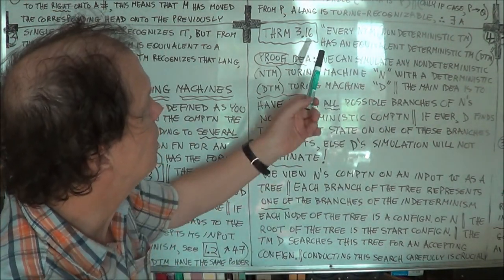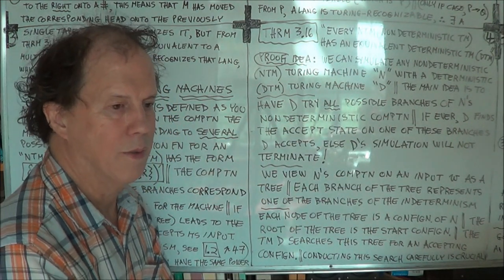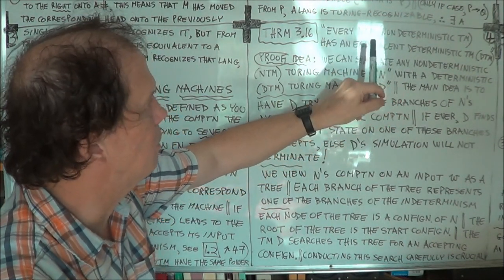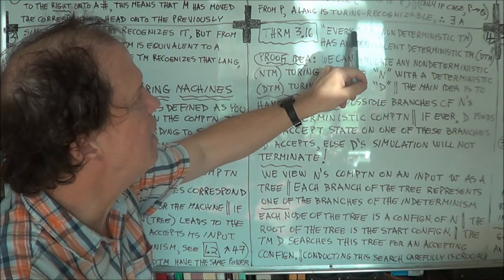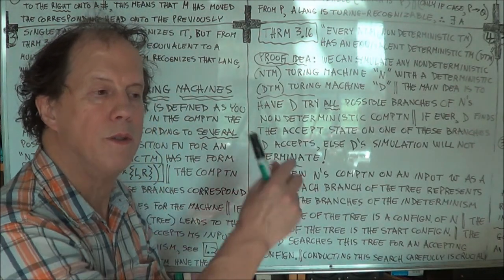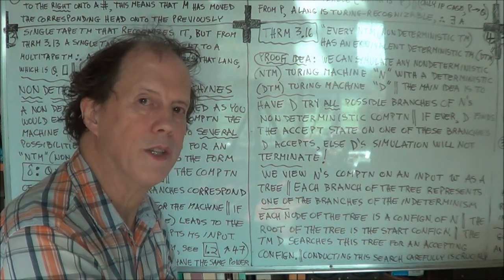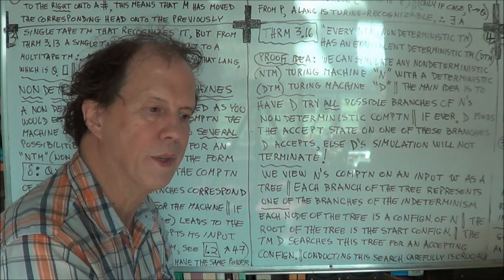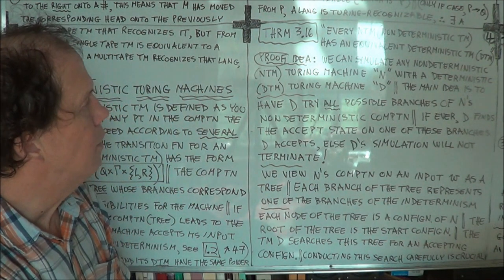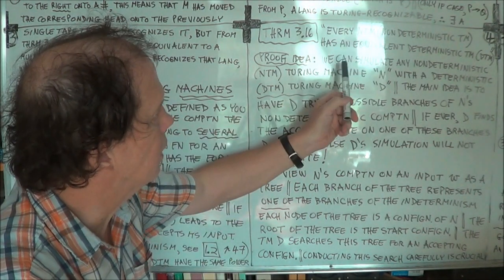It's effectively saying that NTMs and DTMs are equivalent. More precisely, every NTM has an equivalent DTM. You're given an NTM, and you can find an equivalent DTM. You can construct it, so it's a proof by construction. So how to prove this? Well, again, just